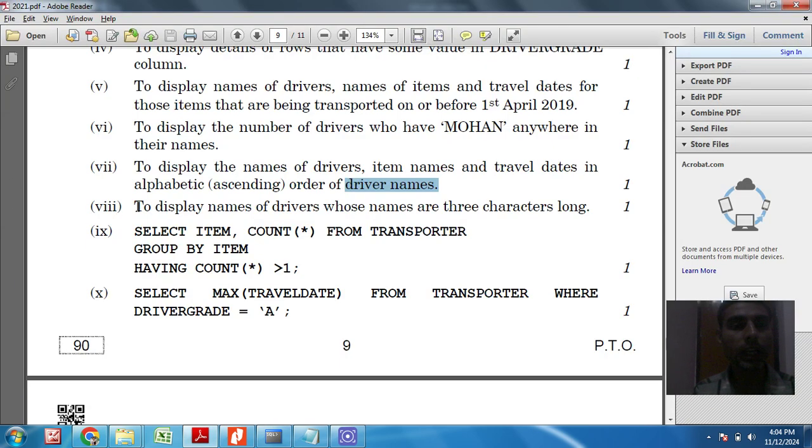Display the names of drivers whose names are 3 characters long. It is again a question of wildcard pattern matching, so here I will use the LIKE operator. Inside single quotation marks we will write the underscore symbol 3 times, because it should match exactly 3 characters.